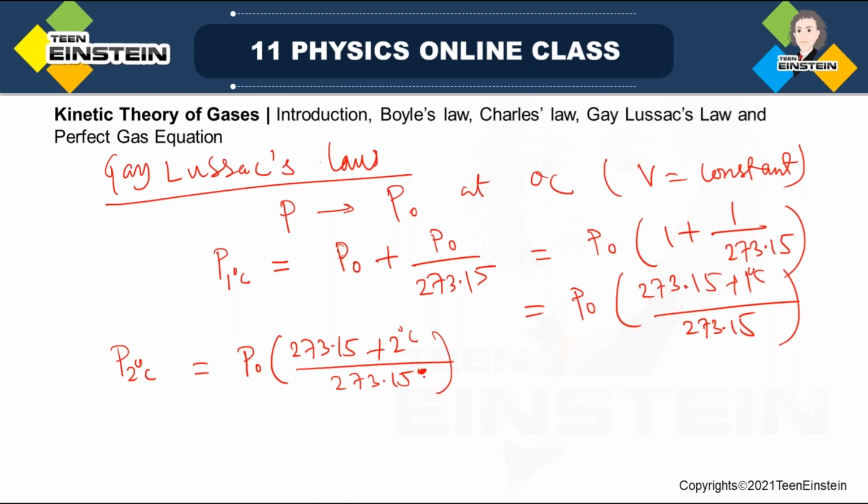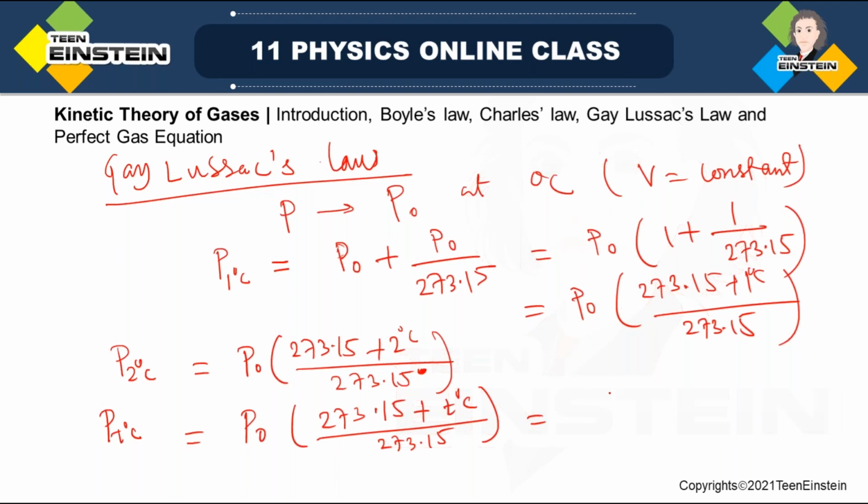this. As you know, if I write for T degree centigrade, for any arbitrary temperature, P0 times 273.15 plus T degree centigrade divided by 273.15. So this is actually in Kelvin scale, this is absolute temperature. So we can write that as T, and 0 degree centigrade will be written as T0. So P into T, so what we get,